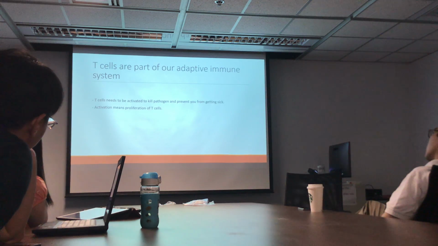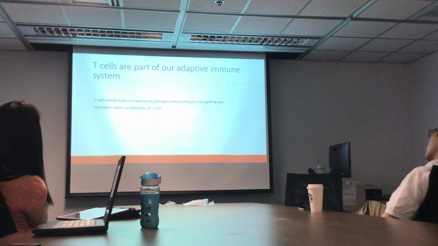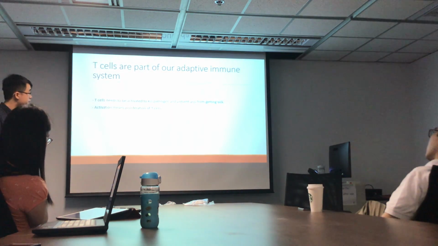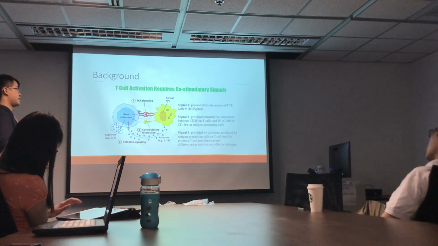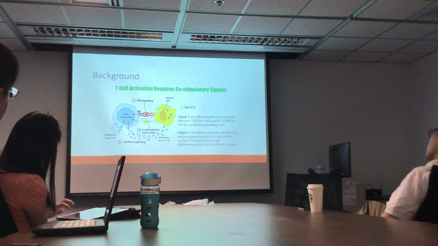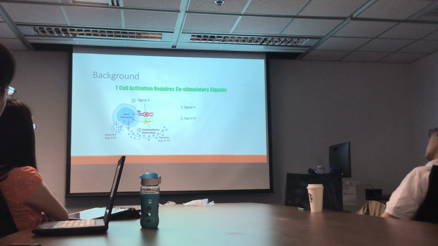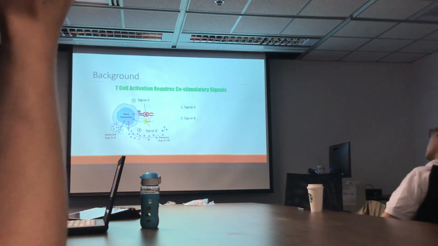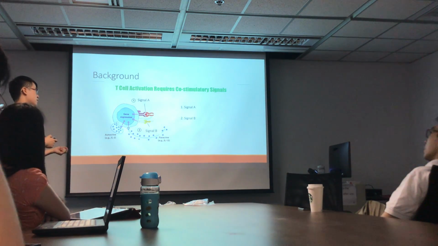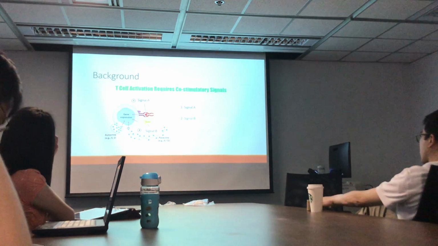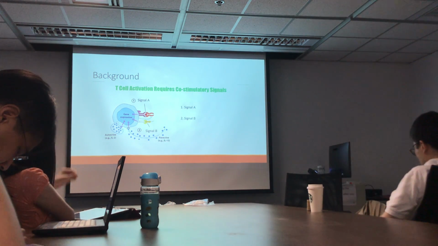And activation of T cells can simply be understood as the stimulated proliferation of T cells. And here's the background required for understanding the activation process, but you don't need to know all of these. You simply need to know that the T cell can be activated by two signals, signal A and signal B. These are the two signals that we use in an attempt to activate the T cells. We're going to look at whether they can activate the T cells on their own or in combination